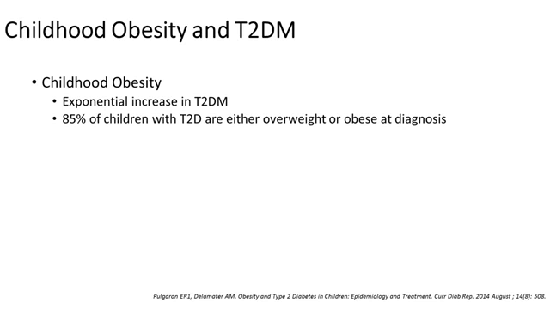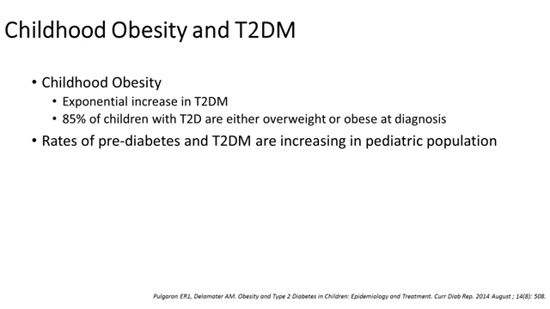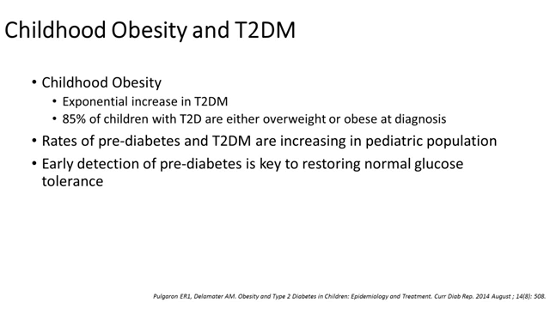So this is the link that I was trying to make, why I spent so much time discussing obesity. Type 2 diabetes is exponentially increased if someone is obese as a child. 85% of the children who have type 2 diabetes are either overweight or obese. And we also see that the rates of prediabetes are increasing in the pediatric population. It is really important for us to catch prediabetes because that is an opportunity that we can restore someone to